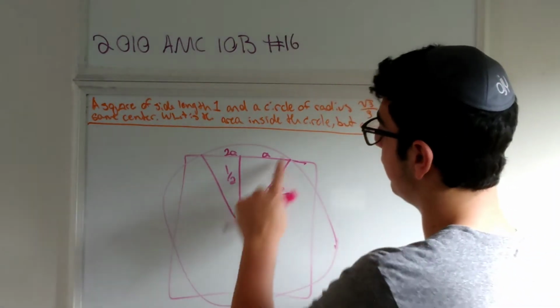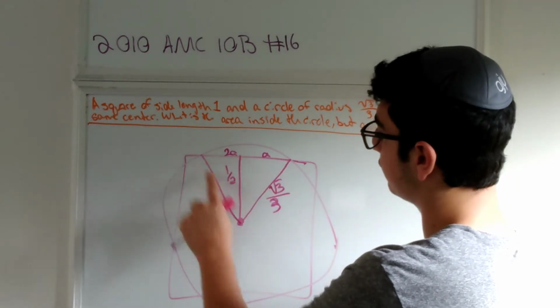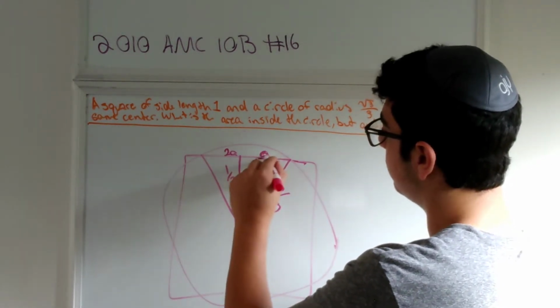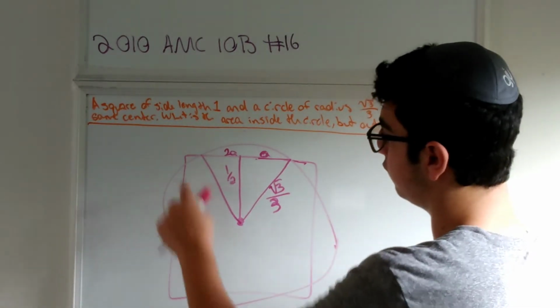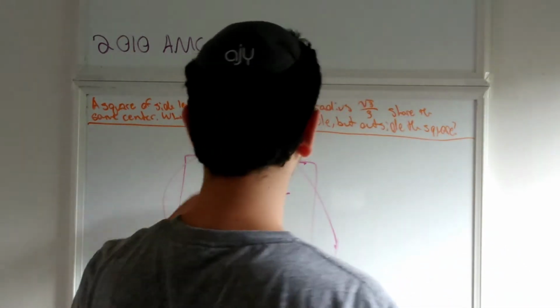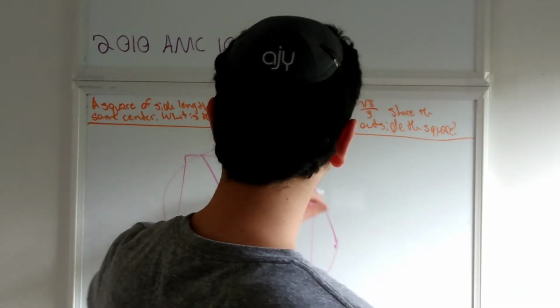So again, I'm finding this whole area, subtracting it from this area, which would give me this one, and then I need to multiply it by 4 so that I can include all 4 of these. So I'm going to say, I can use the Pythagorean theorem for this. I'm going to say